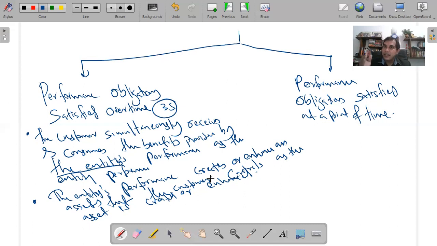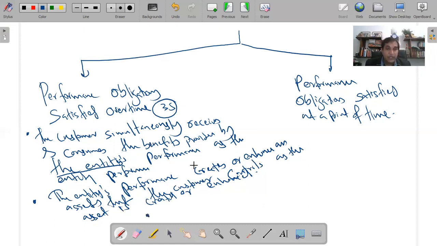Once the entity performs the obligations, performance obligations are satisfied step by step, it creates an asset and it will be controlled by the customer. Please keep that point as well. Third one,